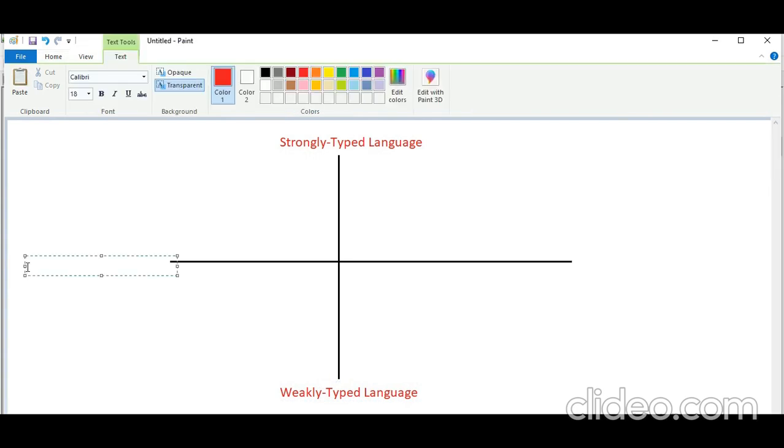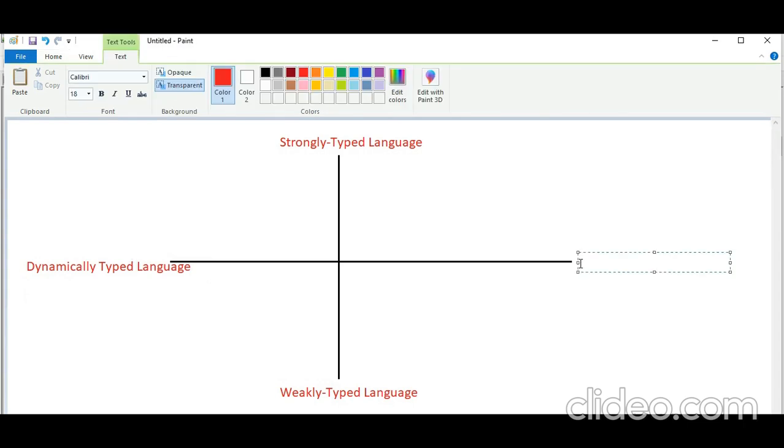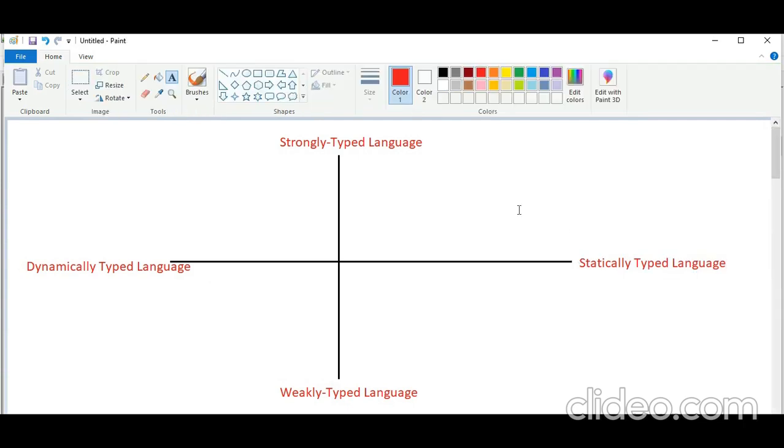Next, dynamically typed language. And here we will take the remaining one, statically typed language.